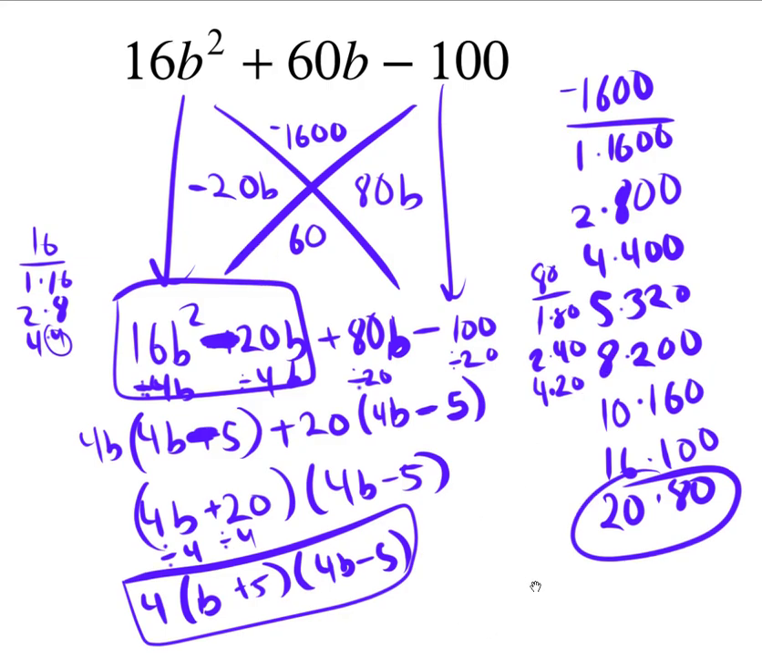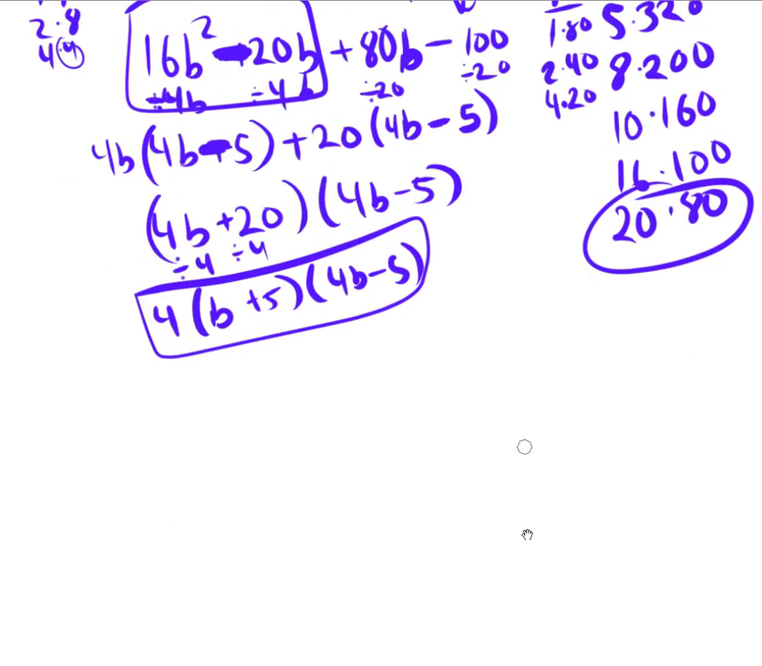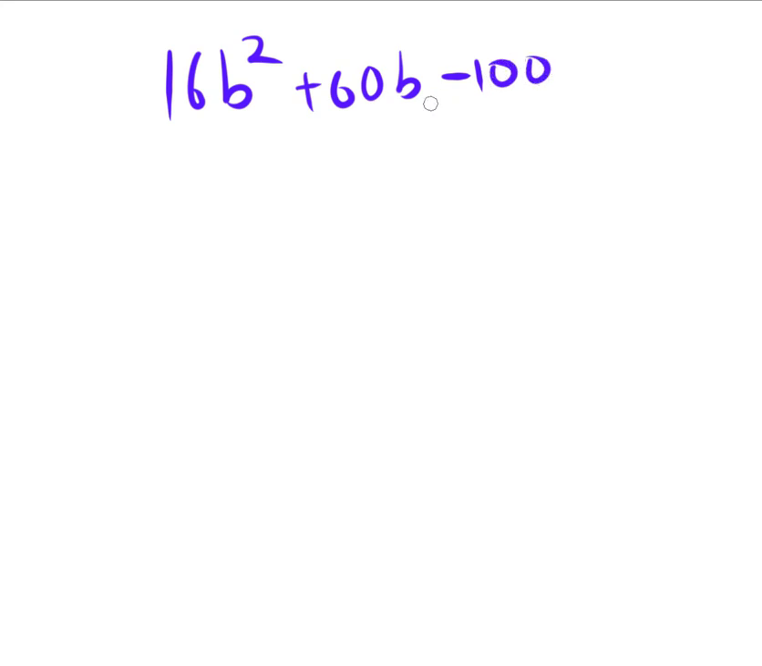I'm just going to rewrite my problem on the bottom. If you don't mind, I'm just going to rewrite 16b squared plus 60b minus 100. So let me just go ahead and write it down here. So once again, that's 16b squared plus 60b minus 100. What I could have done to make this a lot easier for myself is I could have realized,